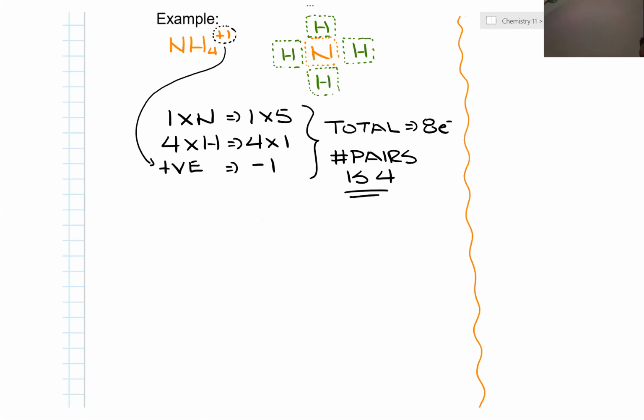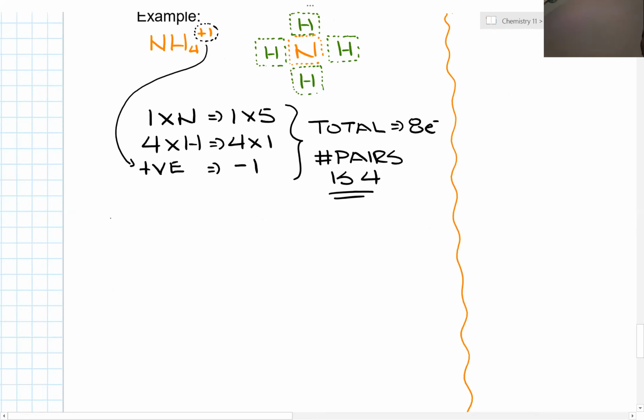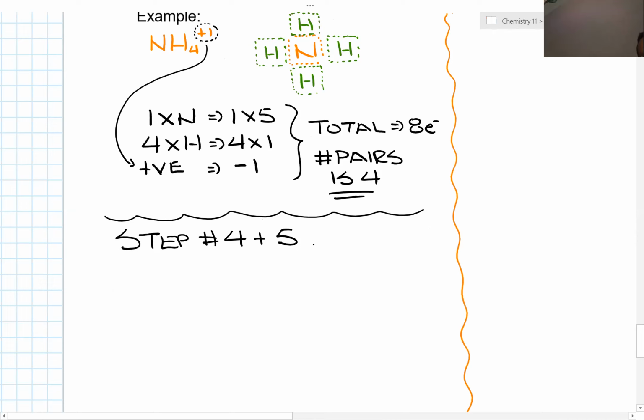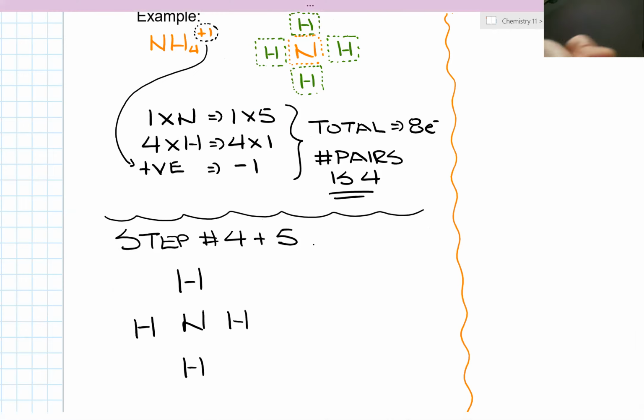This is steps 1, 2, 3. Here is step number 4 and 5. So in this case, if I were to draw the hydrogen, nitrogen, hydrogen, hydrogen, hydrogen, remember